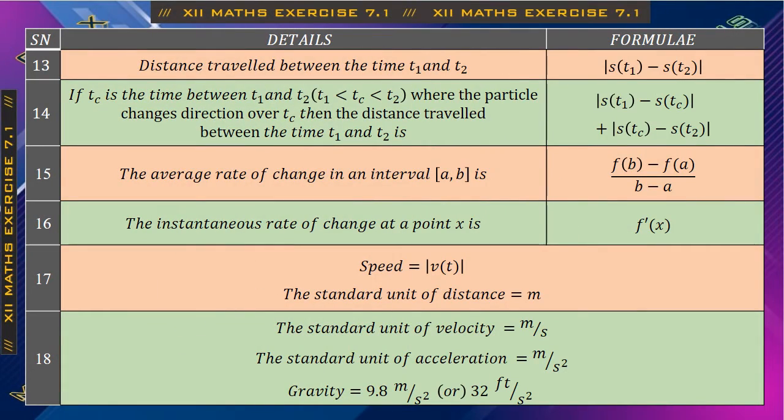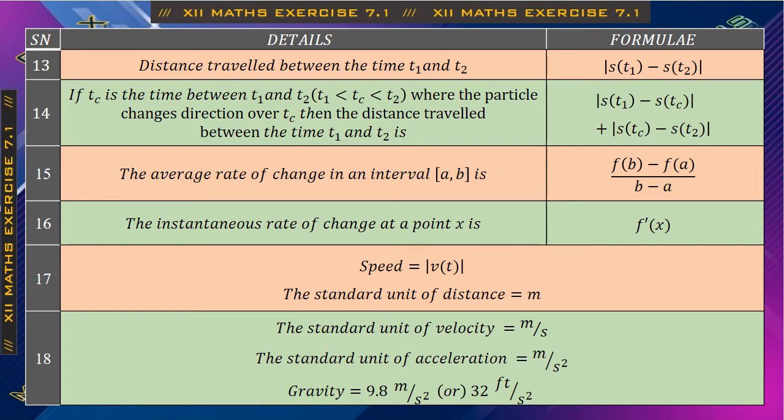Distance traveled between two times t1 and t2 is the modulus of s of t1 minus s of t2. If suppose there is one